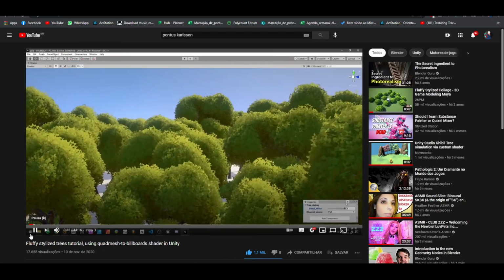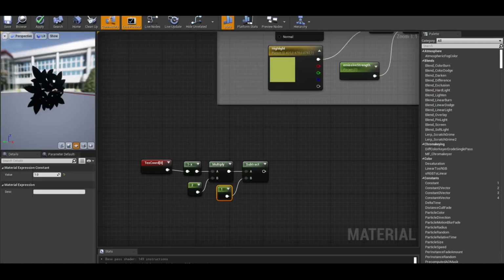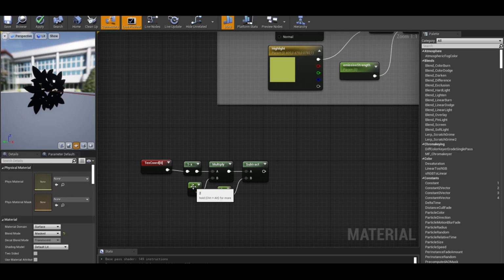He made this shader originally for Unity, but he explains every step of the way, and he explains the math behind it and everything. I confess I'm not smart enough to really understand every single step. However,